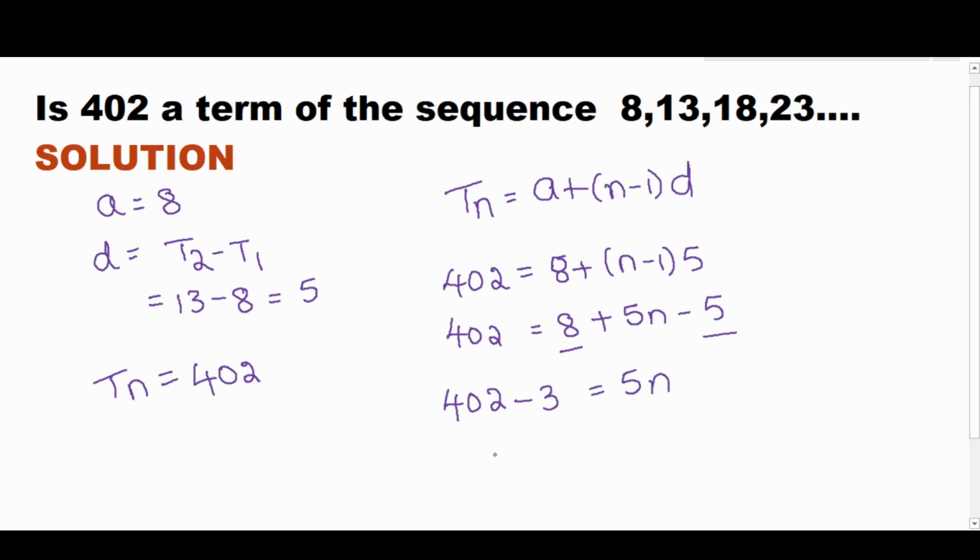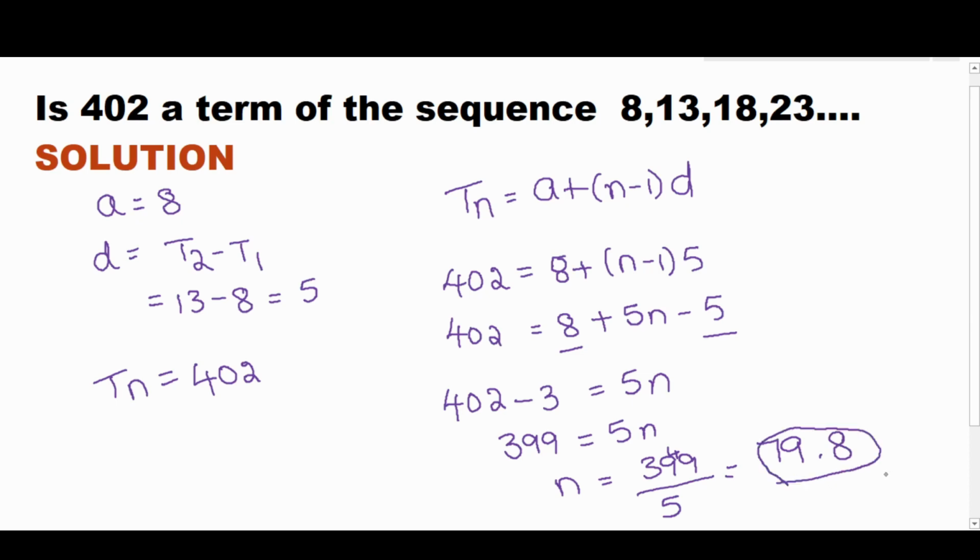So 402 minus 3 we get 399, which is equal to 5n. And let's find the n value. n is 399 divided by 5. So 5 sevens are 35, 4 is a remainder. So 5 nines are 45, again you have 4 as a remainder. So I get the n value as